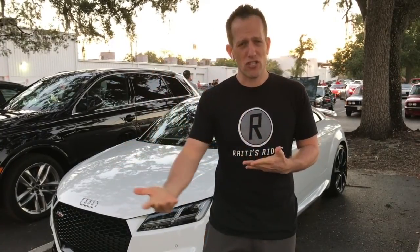Usually their designation for their sedans is like A3, A4, A6. Now, if you ever see an S6 or an S3, that's going to be their sport model. That's going to be some extra performance, some extra styling on the inside, features, whatnot. If you want everything that Audi has to offer in their models, that's when you look for those two special